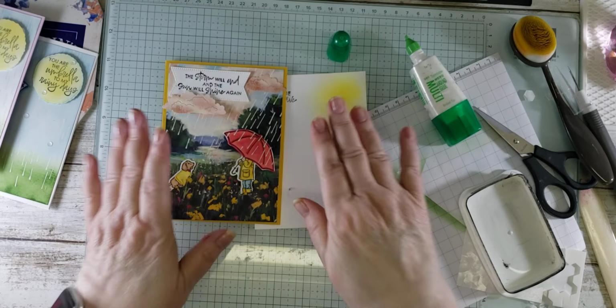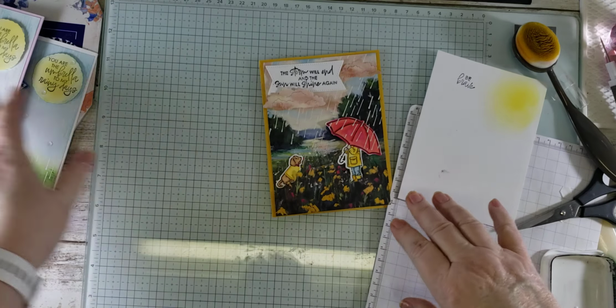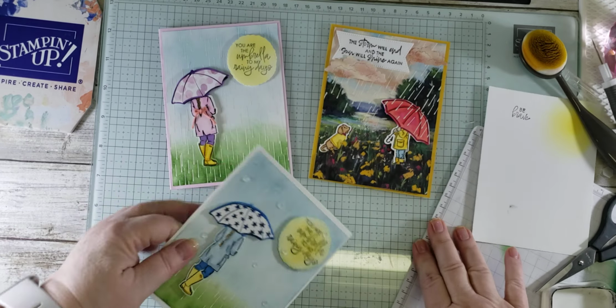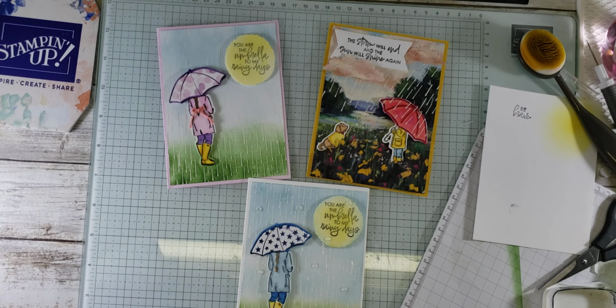So there we go. I think I made it without my video croaking on me. So there you go. Fun cards. These are the two I did on the video for you. Here's the original of that one. And the pieces I used are the